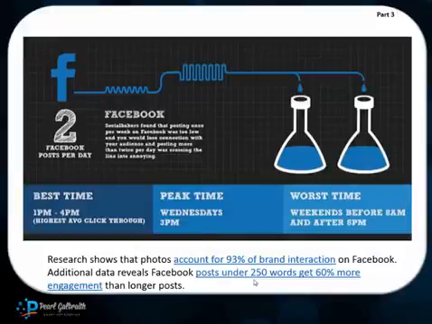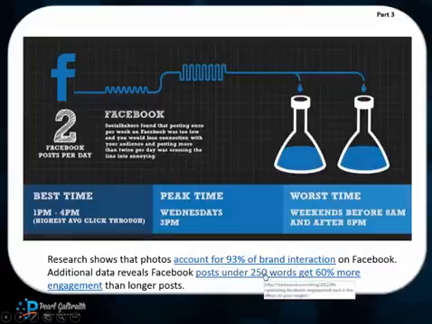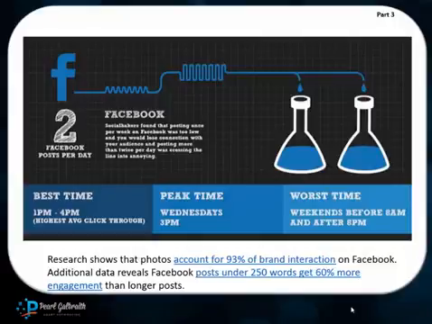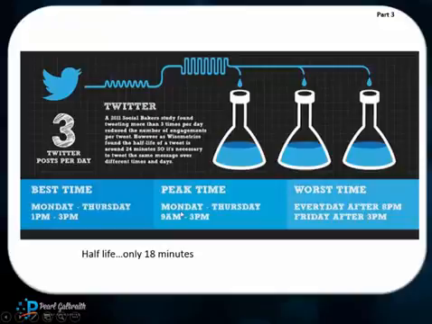So now you already have a roadmap for Facebook. You set up your Facebook profile, you then set up your Facebook page, you build your brand, you get that going, you have a library of posts of valuable information, and now you roll this out with Facebook 2 times a day, typically AM, typically PM, absolutely focus on Wednesday, add in a photo, and keep your verbiage to 250 words or less. Now you're optimizing your Facebook posting. If you're on Twitter, 3 posts a day. The thing with Twitter is that because it's a rolling stream, you can actually have more posts daily. It gives you the best, the peak, and the worst time.